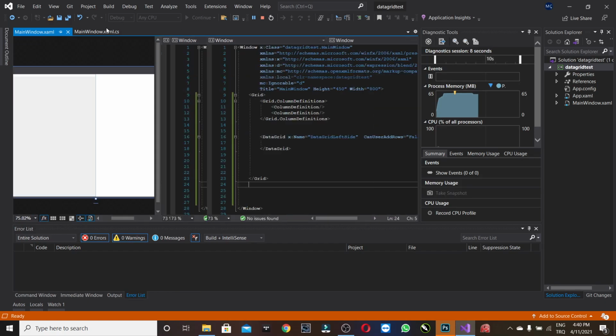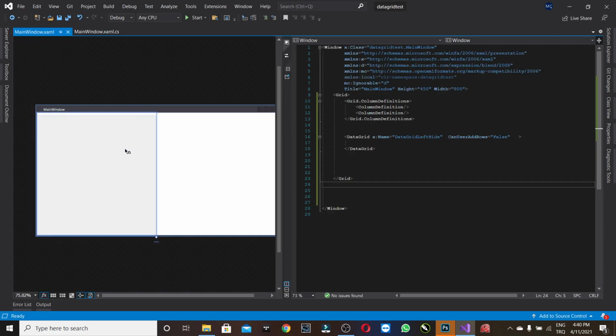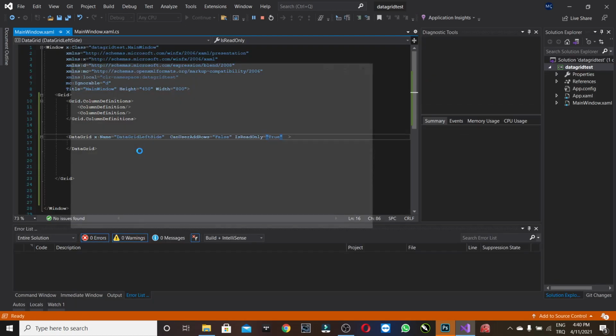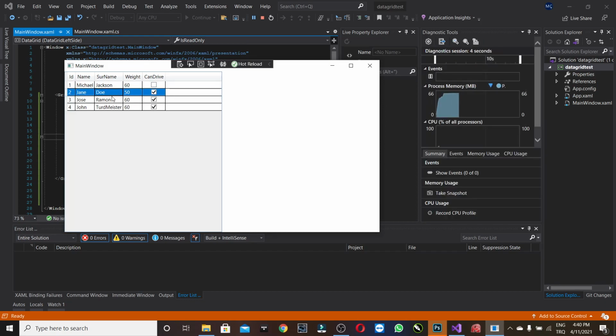Also, if you don't want the user to play around with the data, you can make read only, is read only true. This way he will not be able to click on the cells and change the values. You see, now I'm clicking it and nothing is happening. And one more thing that's important is